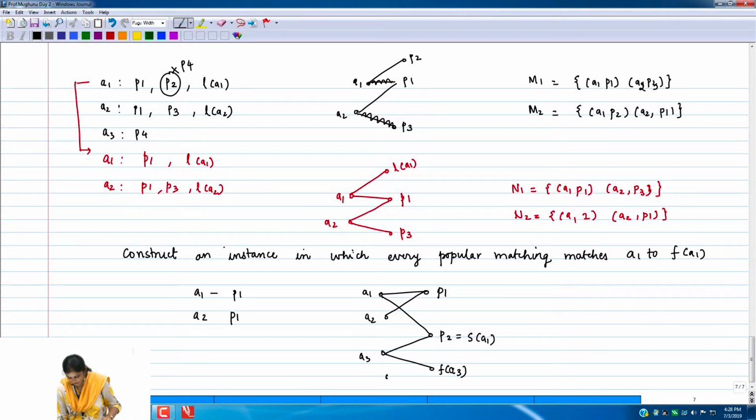So we don't have a dearth of applicants. Let's make another applicant A4 who also treats it as its F of A4. They both can share this post, and this is also its S post, right. So this is its rank 1, this is its rank 2 or whatever, I mean I don't know, but not rank 1, and this is again its rank 1. Now what about S of A2?